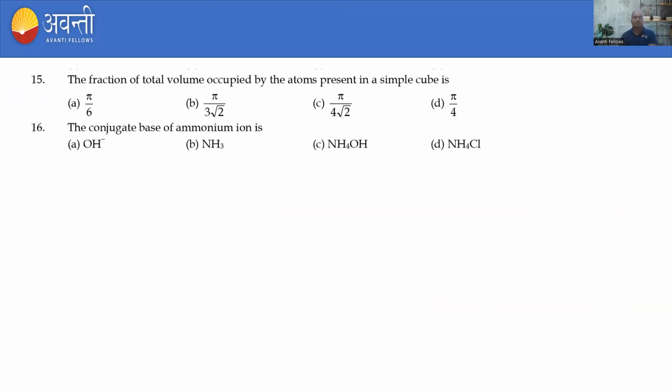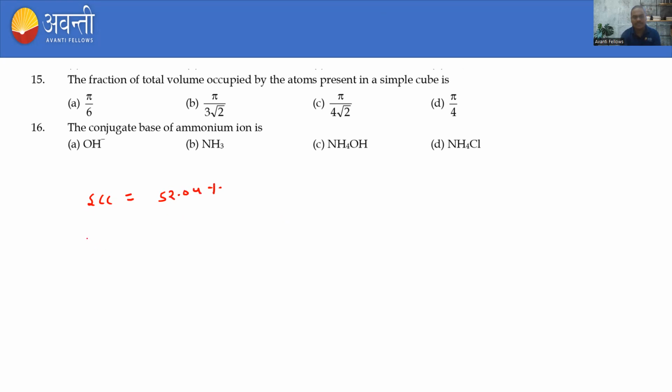Now, move to the next question. That is the fraction of the total volume occupied by the atoms present in the simple cubic unit cell. So you have to calculate the fraction of the total volume occupied by the atoms present in the simple cubic. We all know this thing. In case of simple cubic cell, the packing efficiency is what? We know that in SCC, the packing efficiency is